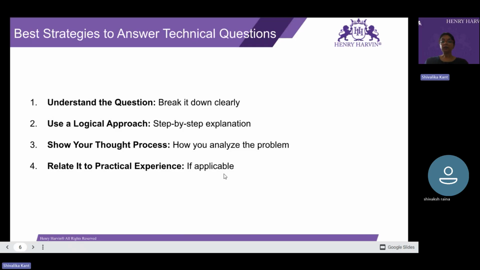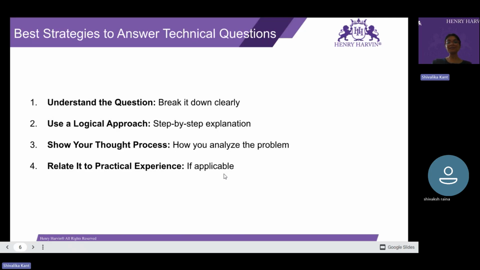Then when you have a question in front of you, use the STAR method. If you remember, we discussed the STAR method in detail in our previous sessions, especially in the behavioral round. The STAR method is the key to answering your questions, and here also. When asked about your past projects or problem solving abilities, you can take up the STAR approach. S means situation, T means task, A means action, and R means result.